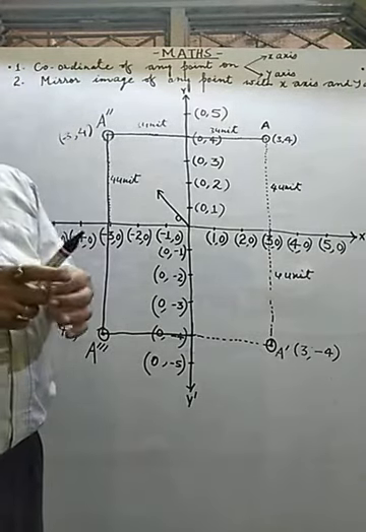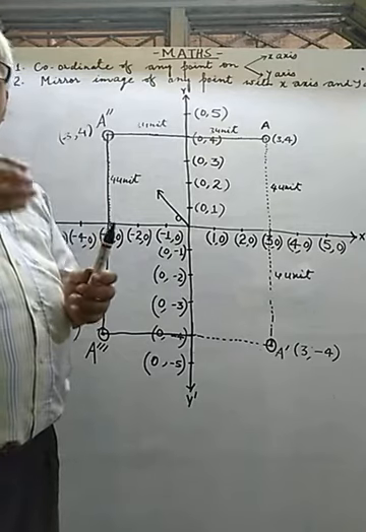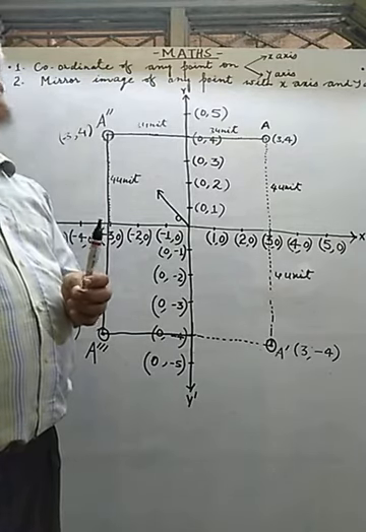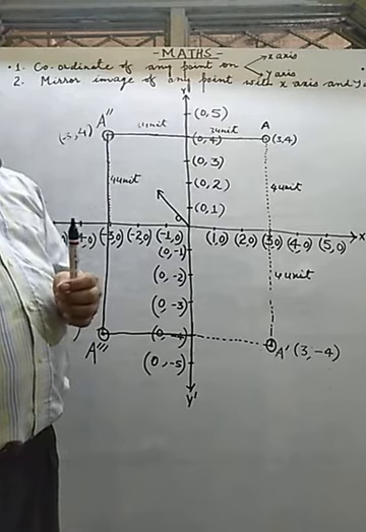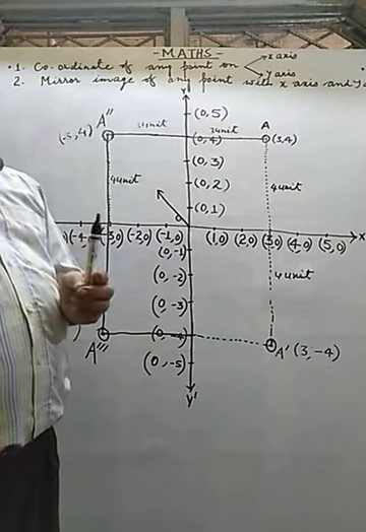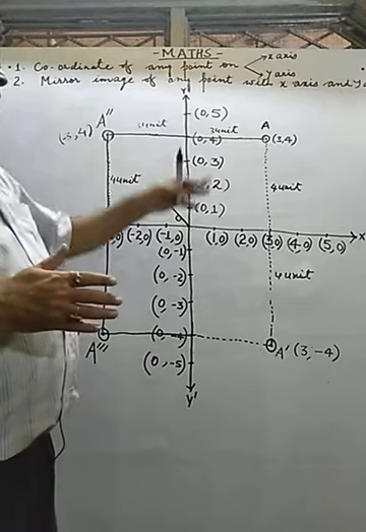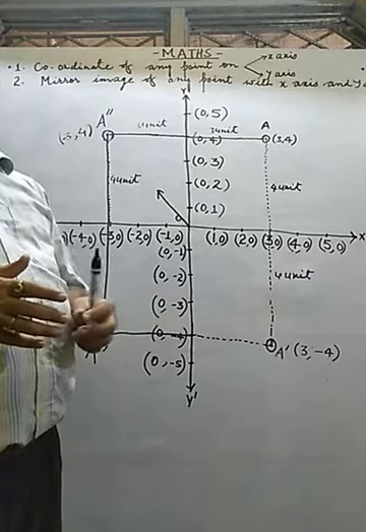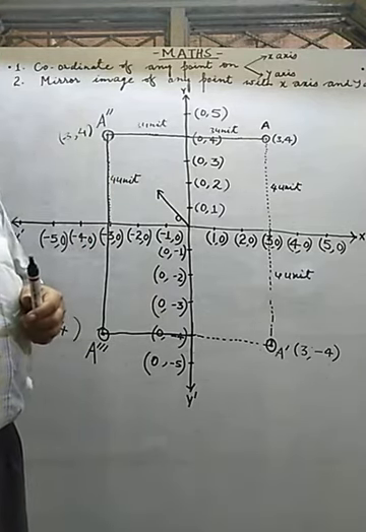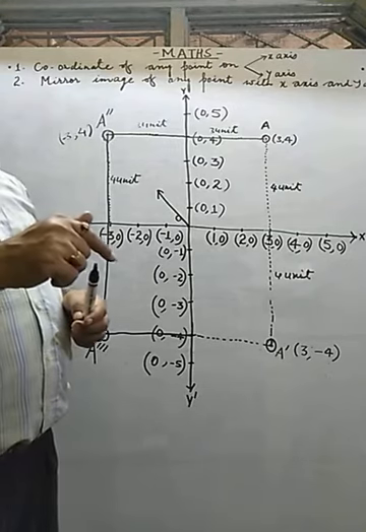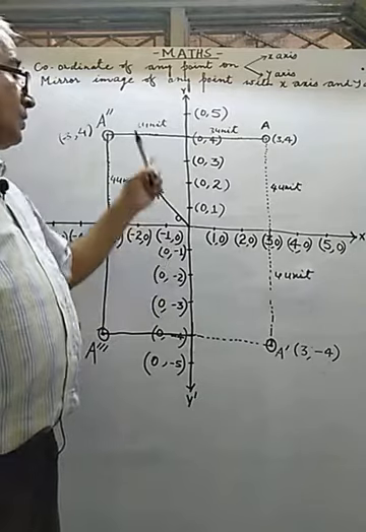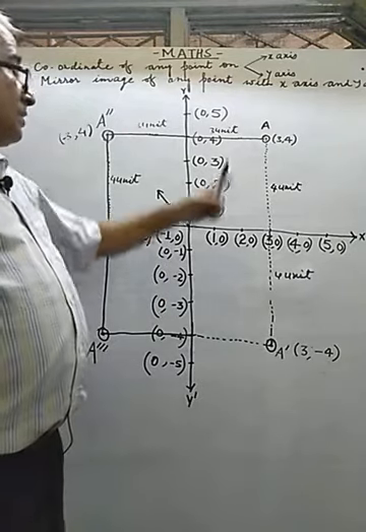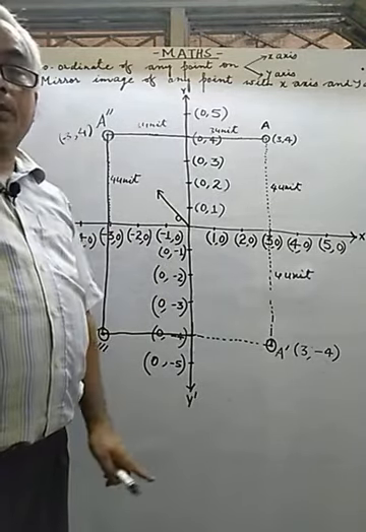And you only have to keep in mind that the distance of the mirror to the object will be the same as the distance of the mirror to the image. If this concept is clear in your mind, you can trace all those mirror images of any point with respect to the x axis or the y axis. I think you are able to trace the mirror image of this one.